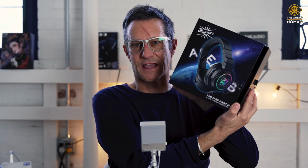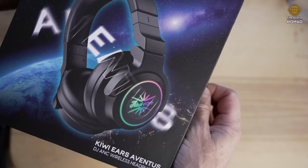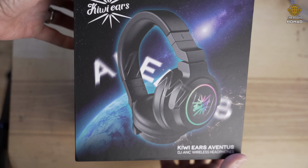And I'd like to tell you why. So before we get into the actual headphone itself, let's talk about what you get for your less than $100. You get the outer box, which has this accordion style sleeve. As I said, this is a